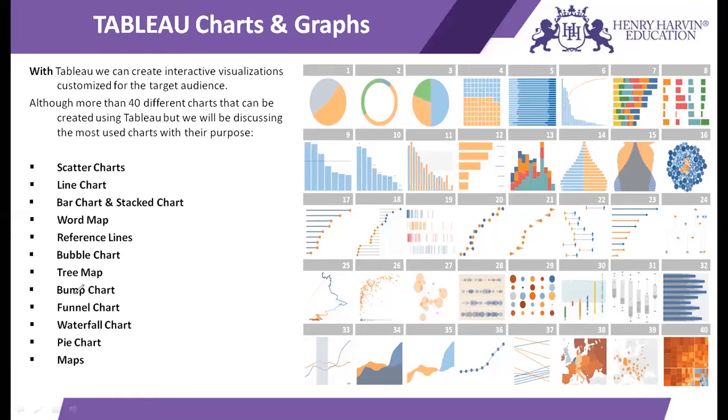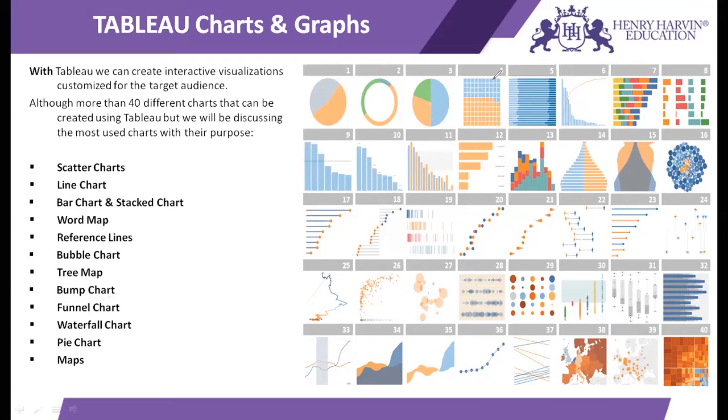Next we see how to create a bump chart. A bump chart is a sort of line chart which is used to show the relationship between two continuous variables, or maybe a continuous and a discrete variable, but it's almost similar to a line chart. The only difference is that on a bump chart we see the line chart rank wise over a period of time. You'll understand it better when we go to our Tableau workbook and check.